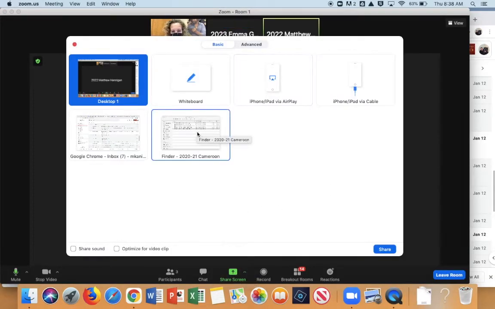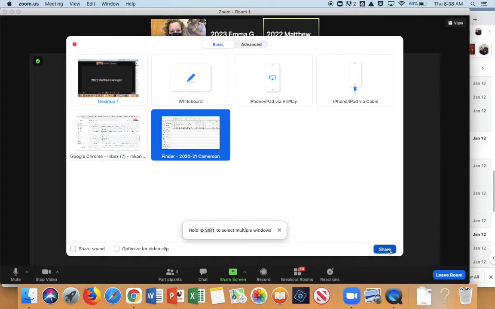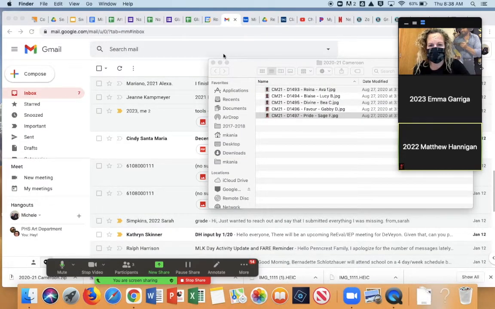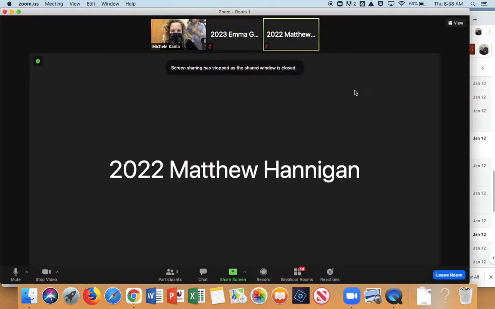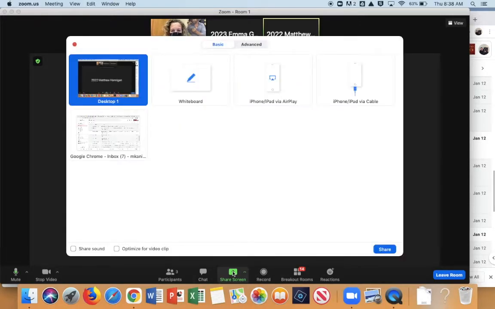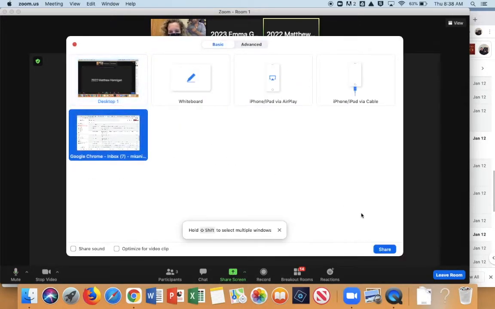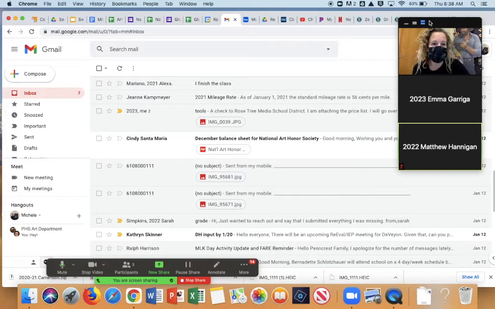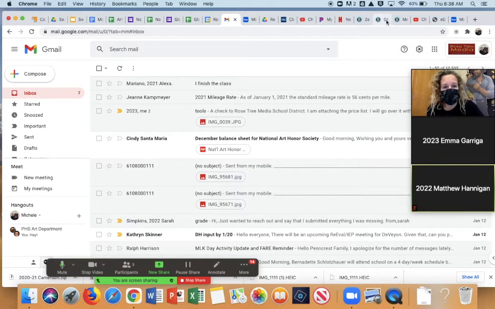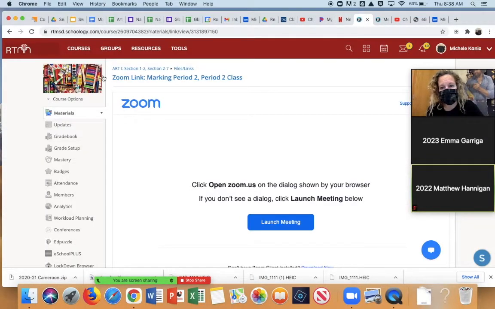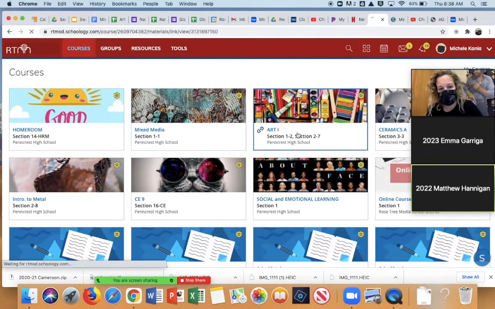Okay, so we're gonna get into painting. We're gonna get into hopefully something that's a little more fun for you guys. So if you go into the folder for color theory,